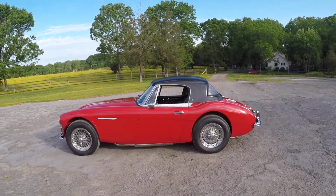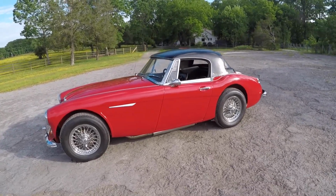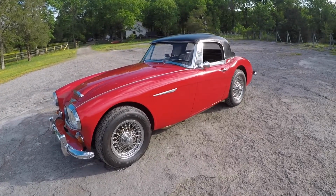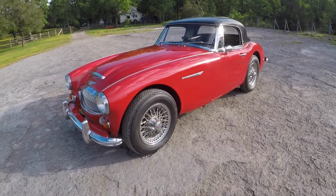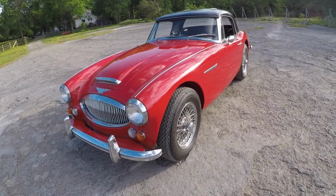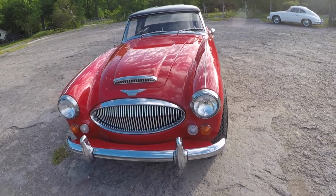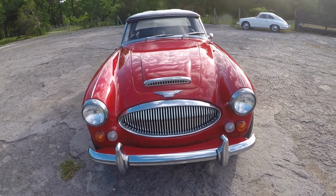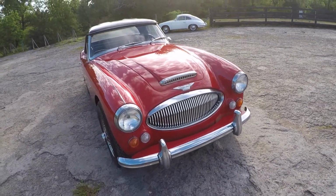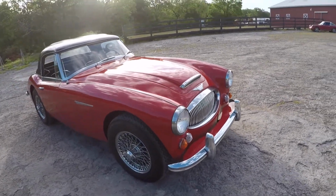Right, 1967 Austin Healey 3000. This is a one-owner car out of Beverly Hills, California. What is enthusiastic for me is the fact that this car is an original car that's never been taken apart. It has had a repaint at one point in its life, but it's lived in Beverly Hills. The gentleman stated he probably never took it out of Beverly Hills. That's probably not true considering how small Beverly Hills is, but the point is it's a Southern California car, not